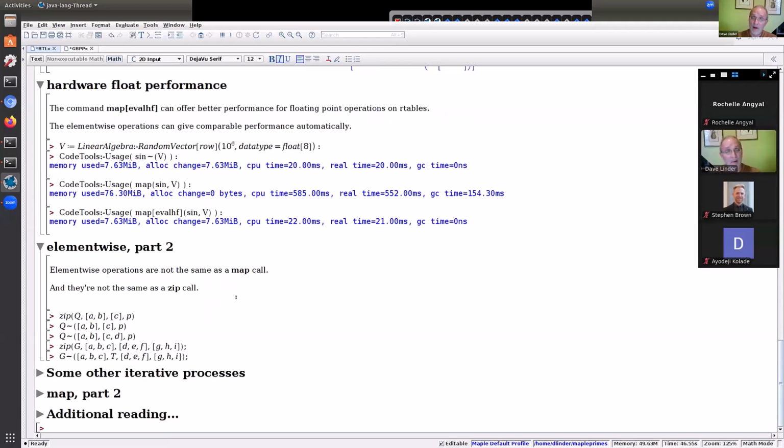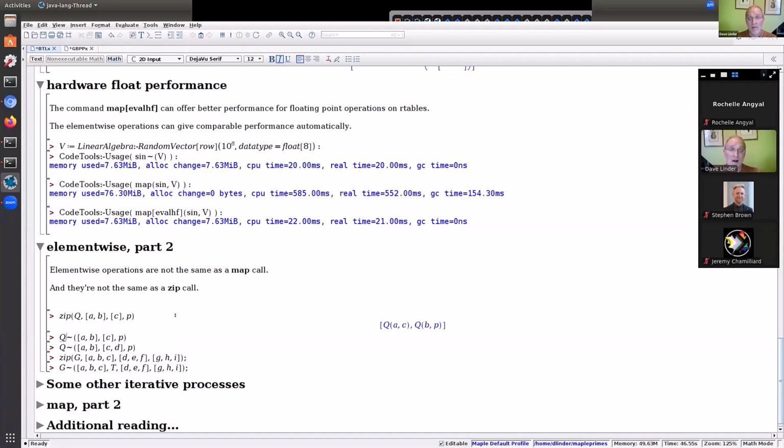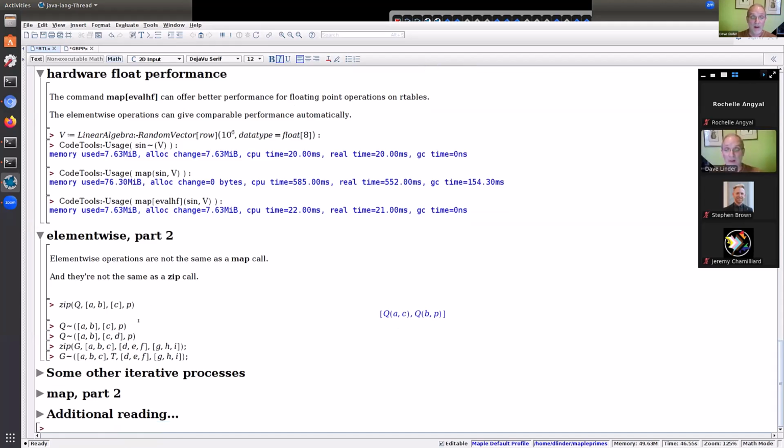As I said, element-wise operations are not all the same as a map call, and they're not all the same as a zip call. In the first example, I'm using the third argument not as an extra argument that gets passed to everything. It gets passed by zip as the default fill-in if one of the lists isn't the same length as the other. In this case, the second list is missing an entry, and so it uses P as the fill-in value. So the P appears here because there wasn't a second entry in the second list. But if I